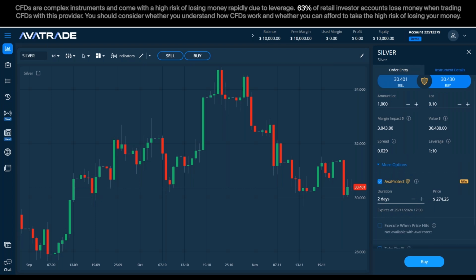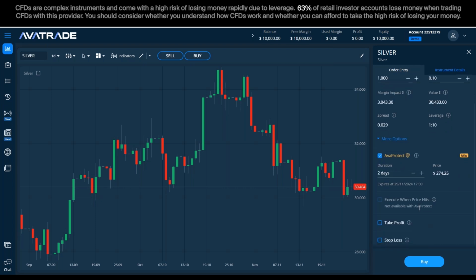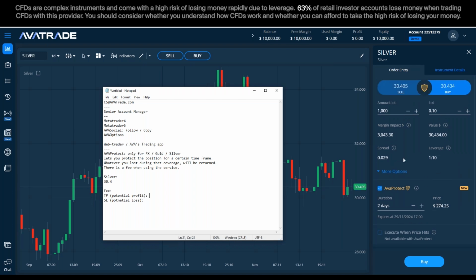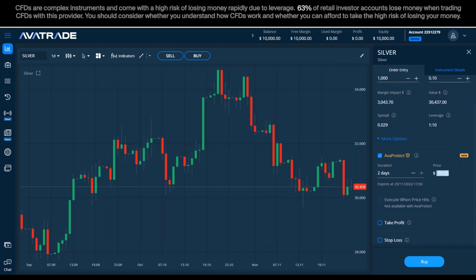Okay, but just as an example, let's suppose that we took the max, even 2 days, and I closed the position, making $50. Okay, it went up. Currently, we are with a buy. Let's suppose that it went a little higher. I closed the position. I made $50. Okay, but I must not forget that I'm paying a fee here while I'm using the service.